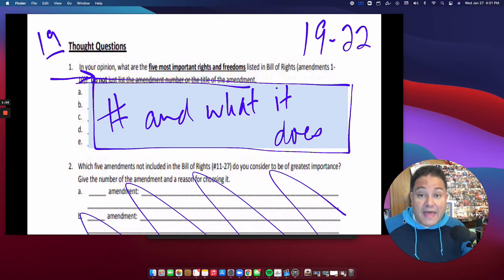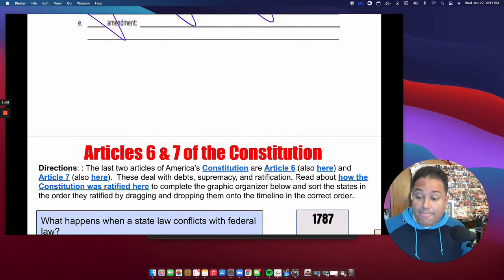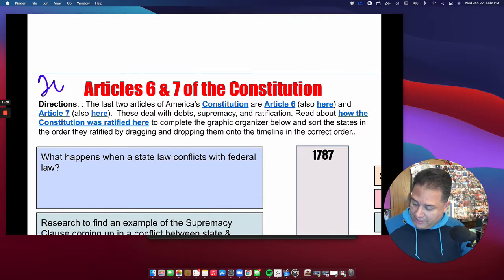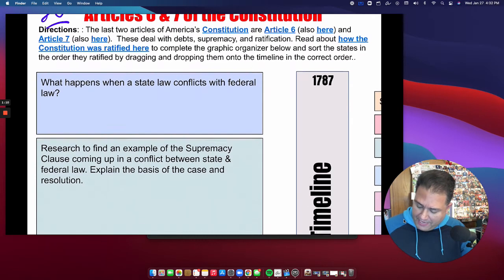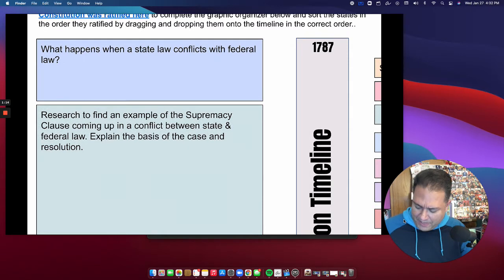Okay, and then that is it for page 19. Now we're moving on to page 20 here. You'll notice it got a little cut off because this is a PDF version, but over here there are states. What you do need to do is a drag and drop, and you need to drag the states